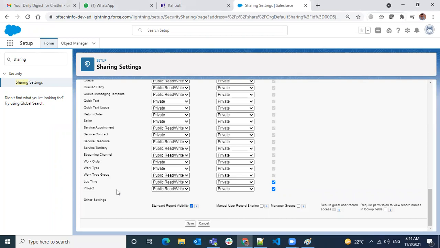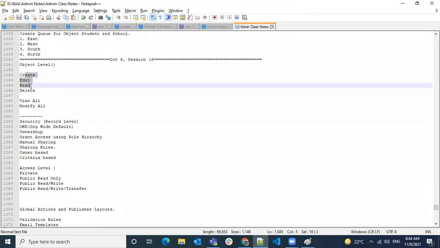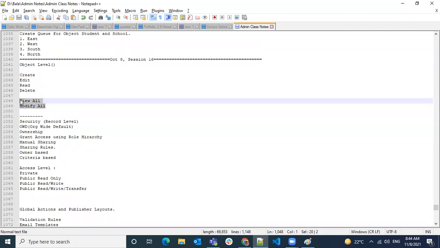So when you're saying public read write, that means you're not doing any lock to your object. That means everybody can read and write to your object. If you have a minimum of access at your object level, you don't need to give modify all and view all permission.